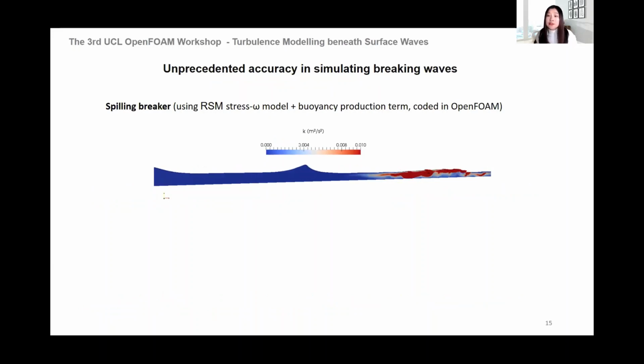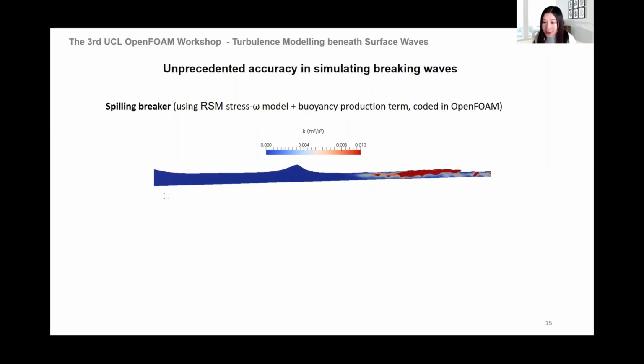With the formal proof that RSM is nearly stable, we applied it for simulating breaking waves. We decided to use the omega-based RSM model in terms of the Wilcox 2006 stress omega model, since the omega model generally behaves more robustly than the epsilon model and the LRR model during our preliminary study. And I coded this stress omega model in OpenFOAM, also adding our newly derived Boyle's production term for simulating breaking